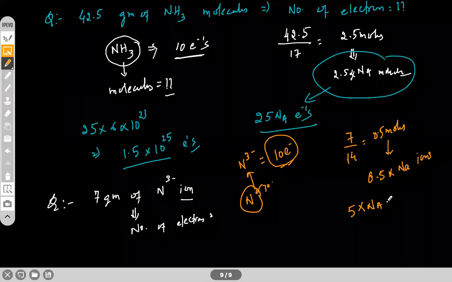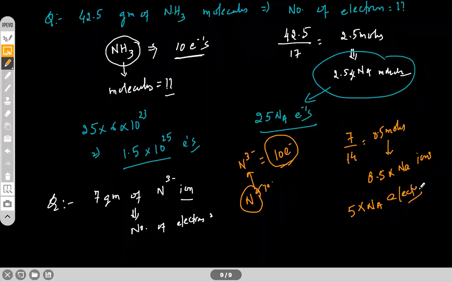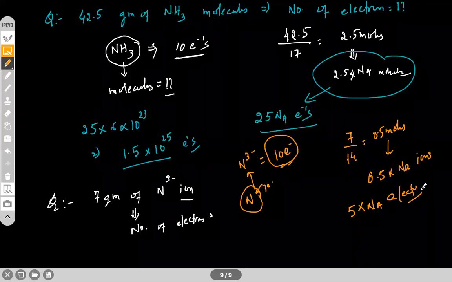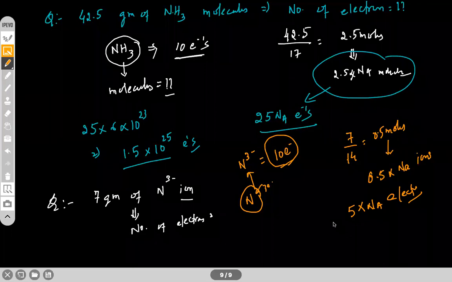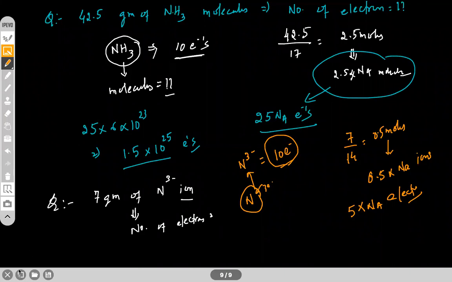Na electrons. 5 into Na electrons. Yes, you can multiply this, you'll get the answer, but the answer will be 5 into Na. Understood? So if they ask you to find out the number of electrons, you can easily find out this. This question you see,